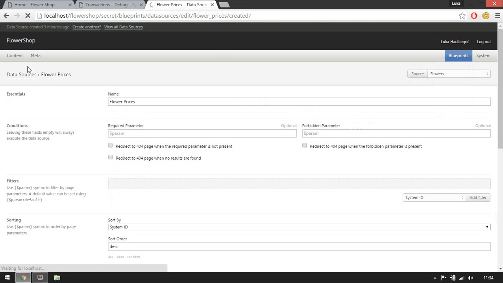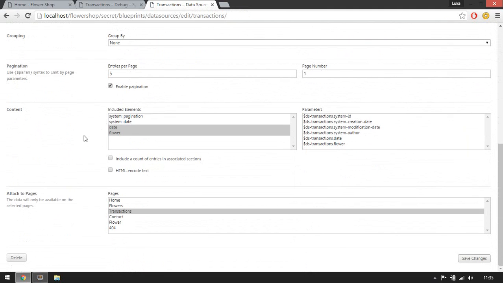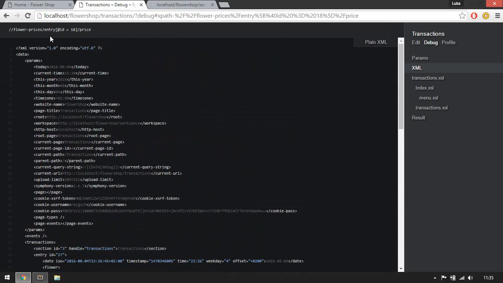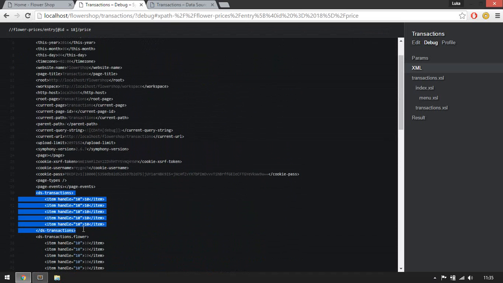So let's get back to our data sources, and let's go over to our transactions. Okay, so now over here under the parameters, we can say that we want our transactions data source to aggregate all of the flower IDs, flower values, into a single variable. So we can just select this thing over here, and I will save these changes, and let's see what we have in our data source now. And as you can see, this thing over here has appeared,